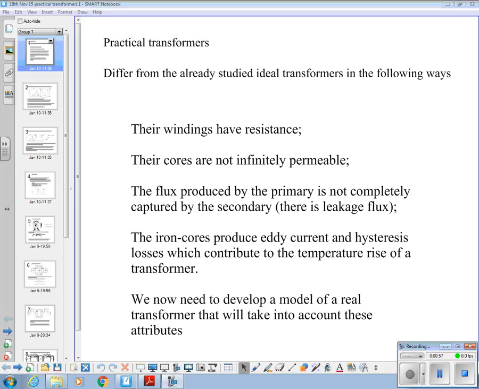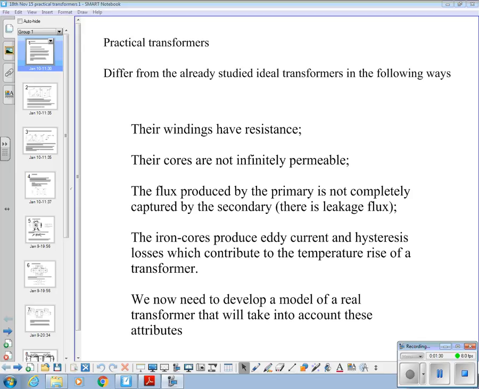Okay, so practical transformers differ from ideal in a number of ways. First of all, the windings that make up the primary and the secondary have some resistance. So our ideal transformer, we didn't consider that at all. Secondly, the core of the transformer, the iron core that makes up the magnetic circuit of that, is not